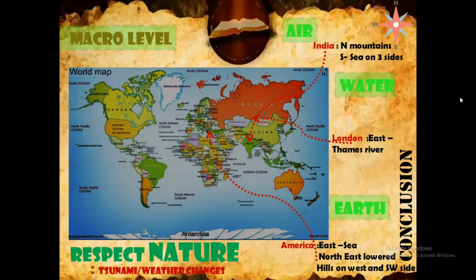So, what do we understand from this? At the micro level, as we saw in the Shiva temples, all of them have incorporated the Panchabhutas. Not all Vastu aspects can be scientifically proven by science, but all the scientists and Vastu astrologers can agree upon the use of five elements. That is why it is said to respect nature and coexist with nature so that the world can exist for generations to come.